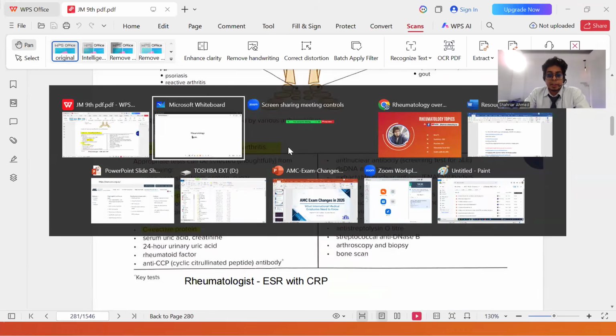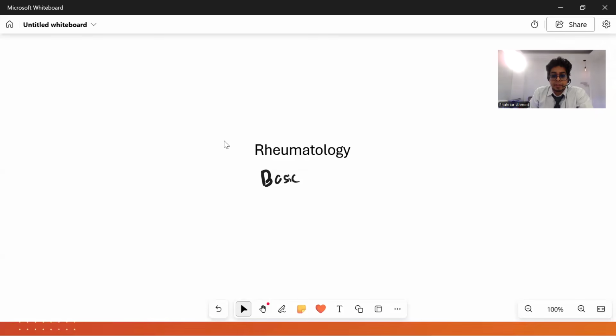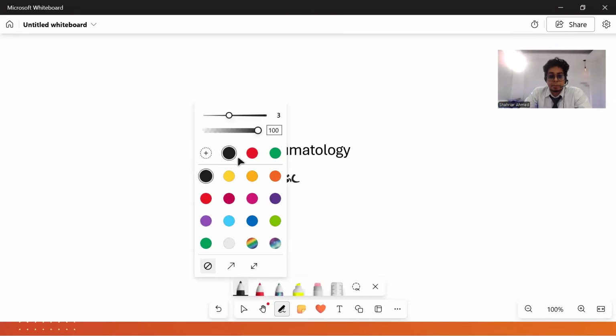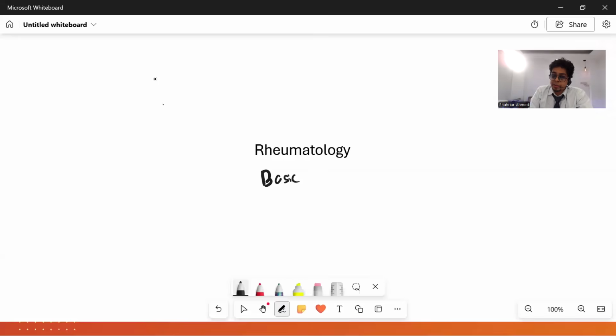Speaking about the basics, I'll draw for you. You can also check some cases from John Muktak, and some cases from Davidson's first 10 pages of rheumatology. So here is a little reference: I'm using Davidson, first 10 pages, for the basics, and for the clinical parts of rheumatology, John Muktak page 276, arthritis and many other pages.